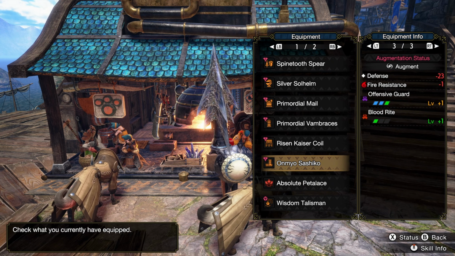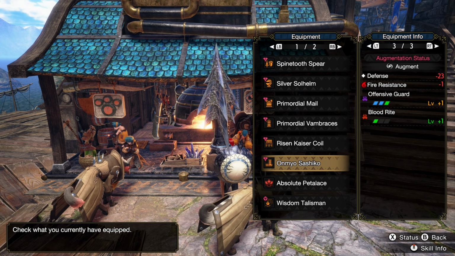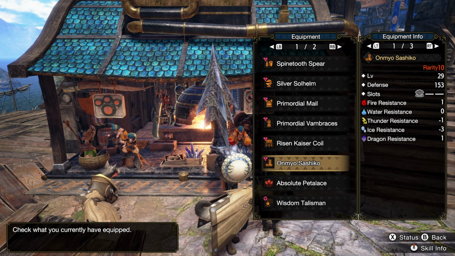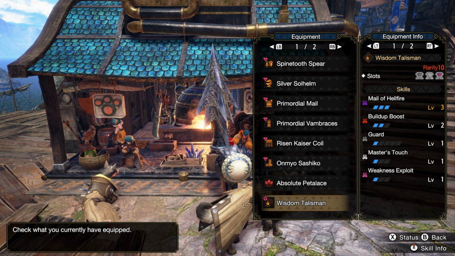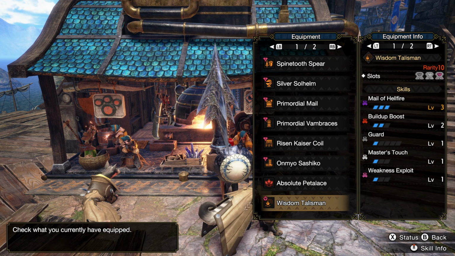Took me a while to get that, but if you don't get the Blood Right, fine. You can probably get the point of Offensive Guard, or you can just get more slots. And as you can see, this piece is ripe for slots. Talisman is pretty nice. See, this Mail of Hellfire, I don't even need it because my Talisman has Mail of